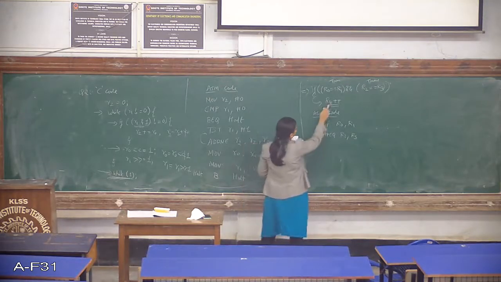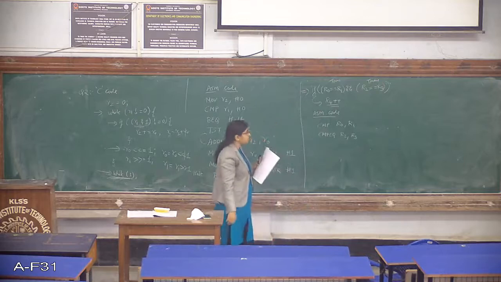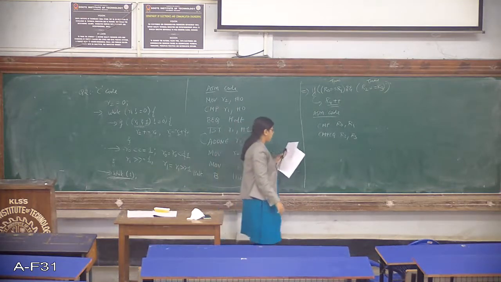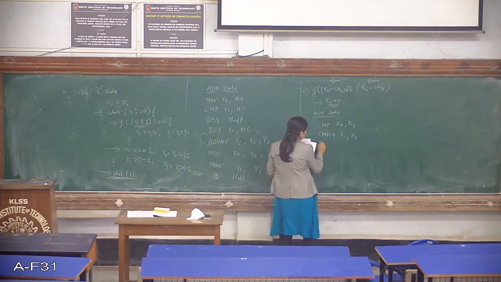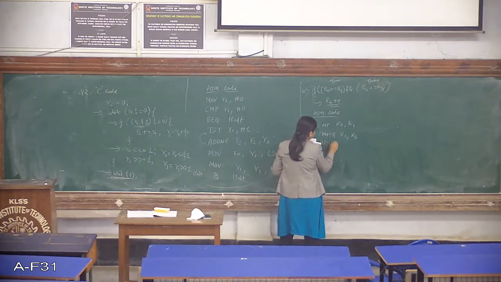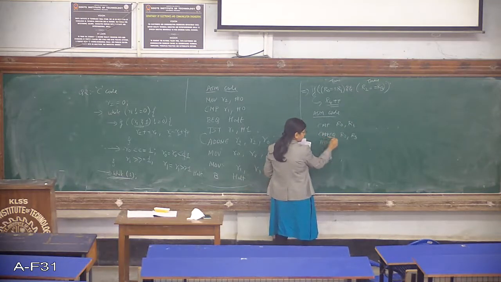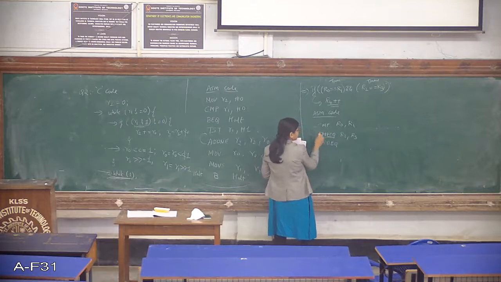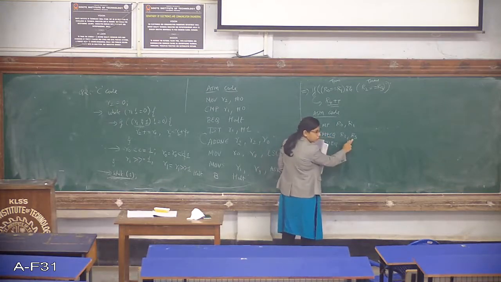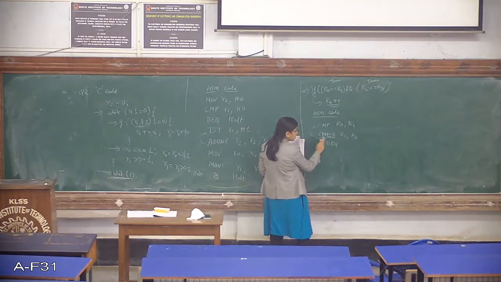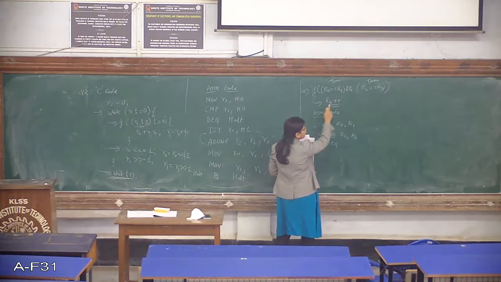Now if both the conditions are true, what will you perform? You are just incrementing R4 by 1. So plus plus means it is incrementing by 1. So what will you write here? Add EQ. Just look here. First you are comparing R0 comma R1. The second instruction is also a compare but with a condition. That is, if the previous instruction was equal, then only you will go for the comparison. Again, if the previous instruction was equal, then you are going to go for the addition to R4.